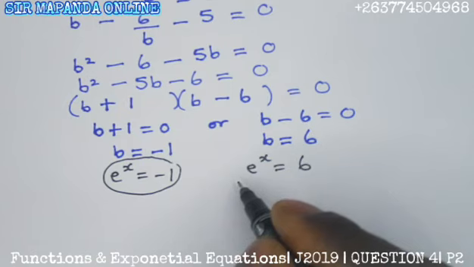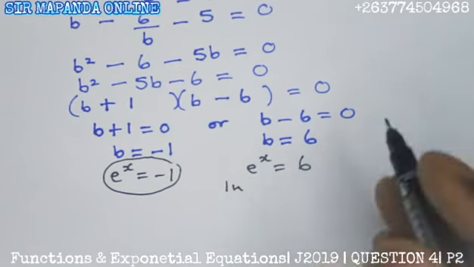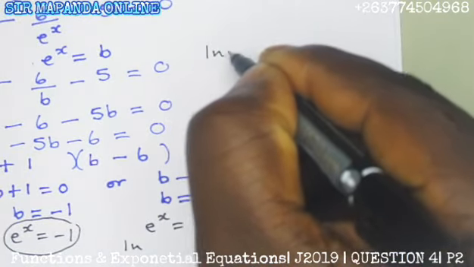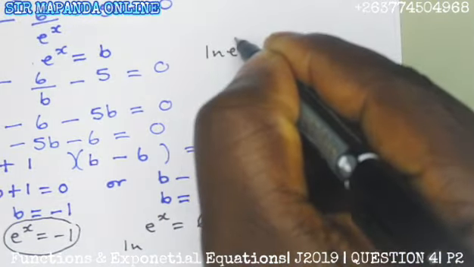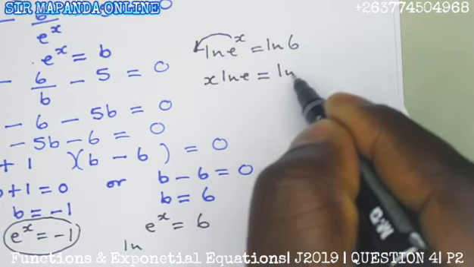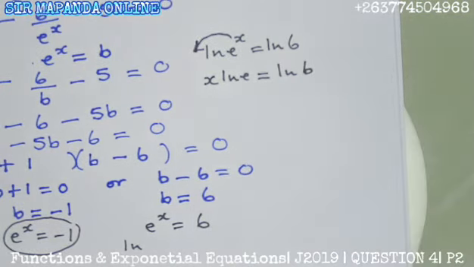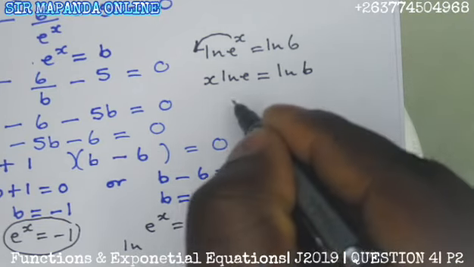So taking ln both sides, you get ln e to the power of x is equals to ln 6, something like this. Bring this x down using the power rule, you get x ln e is equals to ln 6. But ln e is 1. So x